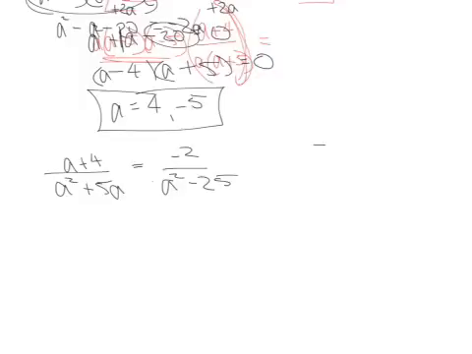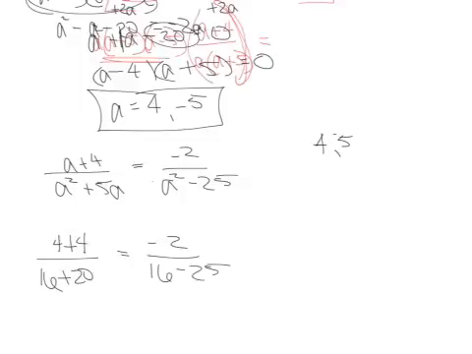Okay, so let's put 4 in there first. So we have a choice of 4 and negative 5. So if we put 4 in there, we get 4 plus 4 over 16 plus 20 equals negative 2 over 4 times 4 is 16 minus 25. Alright, so that gives me 8 over 36. This gives me negative 2 over 16 minus